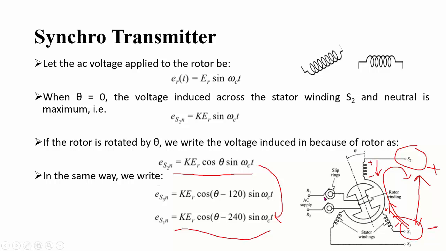So this can be understood from the basic expressions that you got over here. You see that for the primary and secondary windings, the voltage induced at the secondary side will be maximum when the orientation is 0. If this primary makes an angle of 90 degrees with the axis of the secondary, in that case no voltage will be induced at the secondary side. So that is why, if you have theta oriented at 90 degrees from any of these three coils, the corresponding voltage that will exist in the stator coil will be 0.